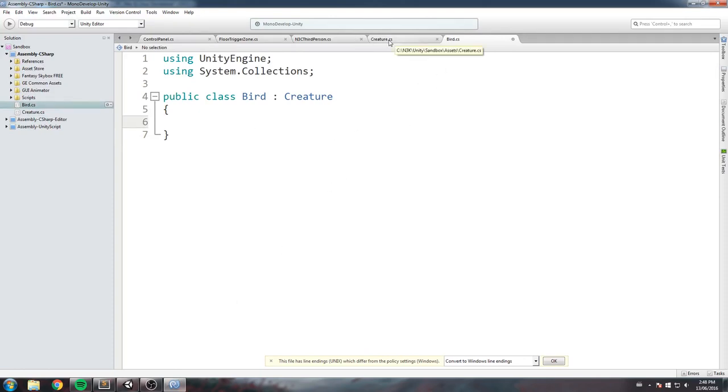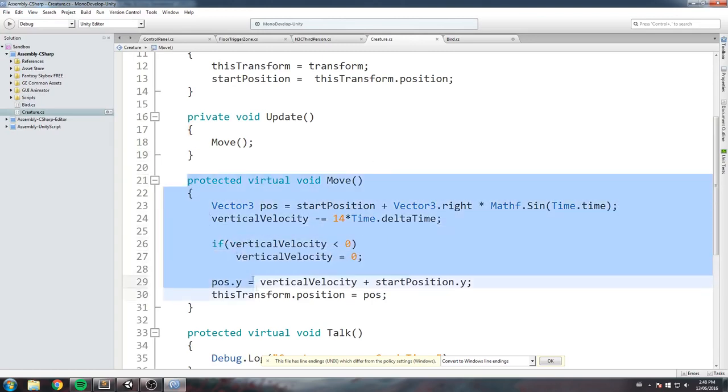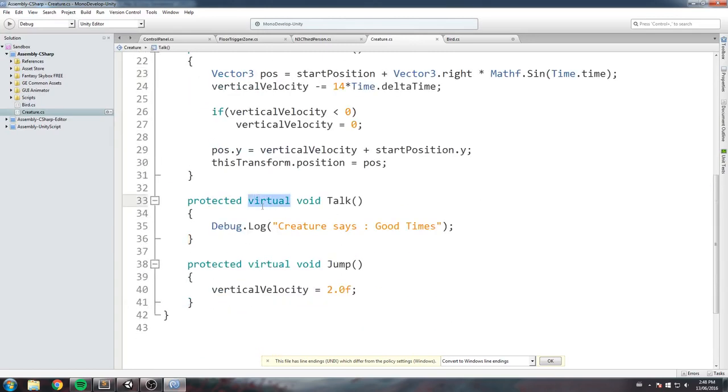The next keywords I want to teach you guys are virtual and override. So when we created our, let's go with the Talk one, when we created our Talk function, I just told you to write this keyword down. Now, what this means exactly is it's going to make this look for another function in front of it. So say this is the parent class, we have the creature class. Having the keyword virtual over here is going to force this class to look in its children to find if there is an override for this function. So the first keyword is virtual, and the second keyword